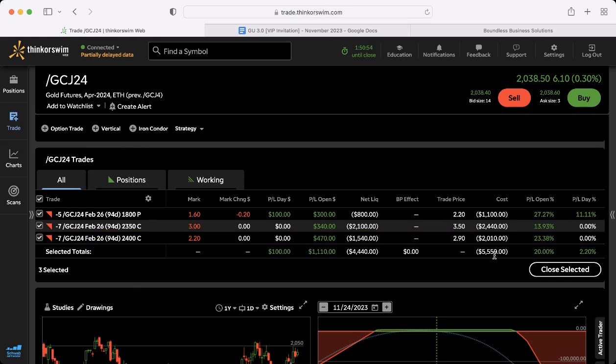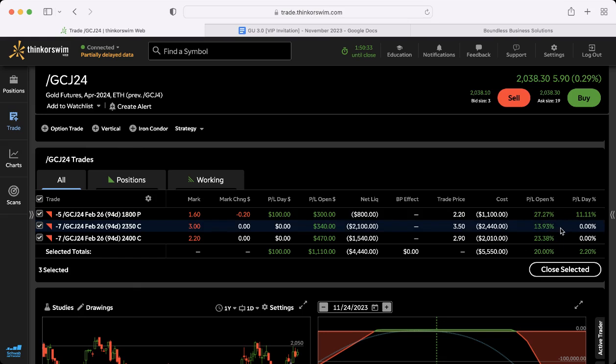So overall, we received $5,550 when we sold these. They're worth $4,440 today. I'm up $1,110 in my open positions. I'm up $100 today. Here's your percentages for P&L open: